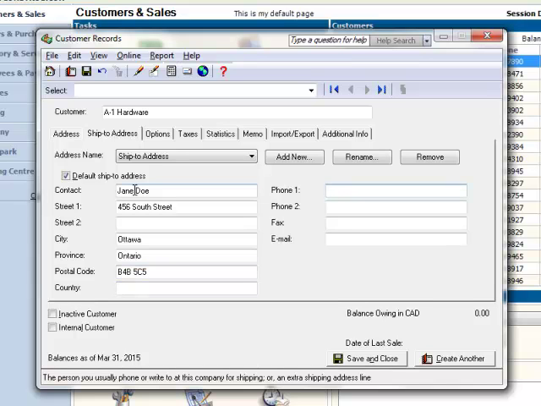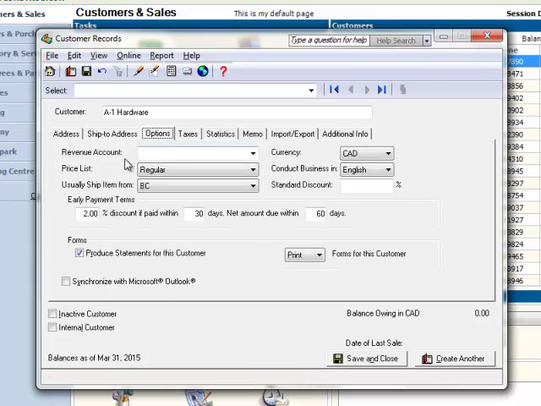Different phone number, and fax number. And of course Jane's email address will be jane@a1hardware.com. So now we have a separate address filled in for shipping, and now we can move to the Options